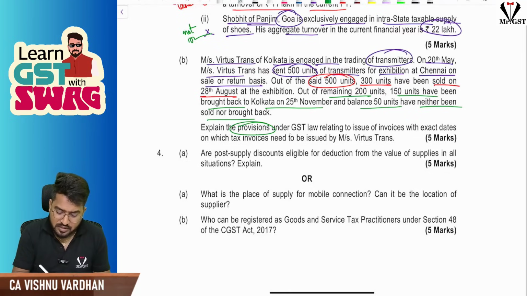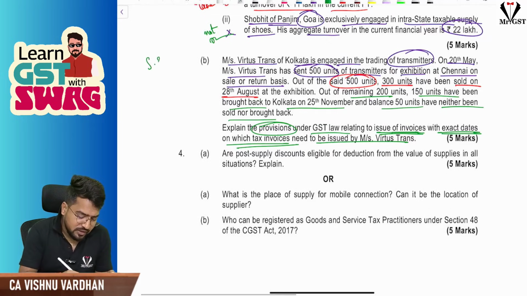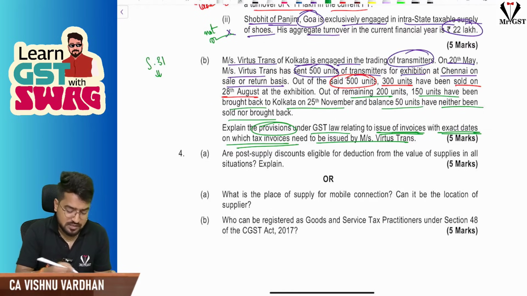Explain the provisions of GST law relating to issue of invoices, with the exact dates on which tax invoices need to be issued. See, understand, this is nothing but the time limit to raise a tax invoice as per section 31. Sir, when goods have been supplied on sale or return basis,